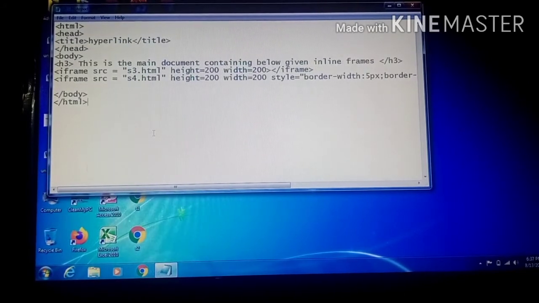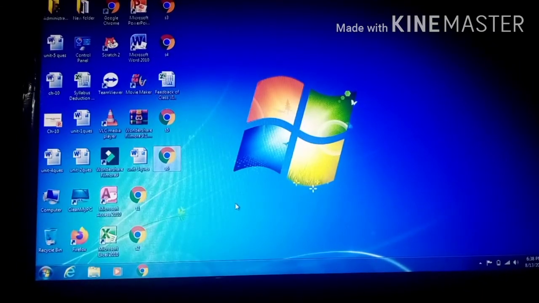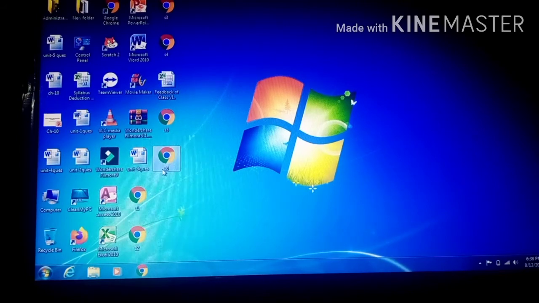Is it clear? I have told you two programs on frames. The first program is how you can insert a frame, and the second program is how you can apply a border to the frames. Now I am running this program as s6. We have saved this program and I am closing this, and now as you can see s6 here, now I am double clicking on this and you can see the web page. Similarly the S5, but here the border will be shown.